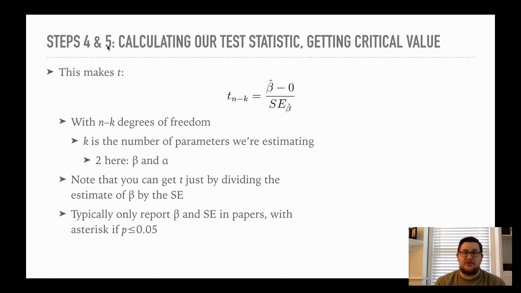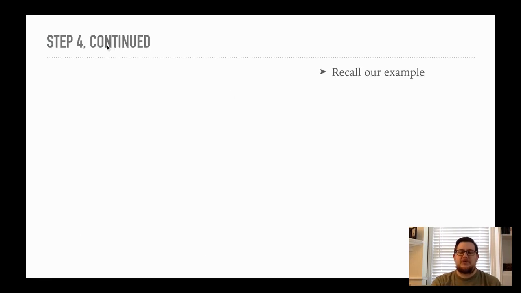Now, of course, that all depends on your sample size. The smaller the sample size, the greater your critical value of t, the bigger your beta needs to be relative to your standard error. So again, if the df is greater than 100, the critical value is 1.984, which means that if beta is more than twice as much as the standard error, you're golden. So you only really need to report beta and standard error. You don't even need to report the t. And you want to report beta. That's important. But typically papers only do that.